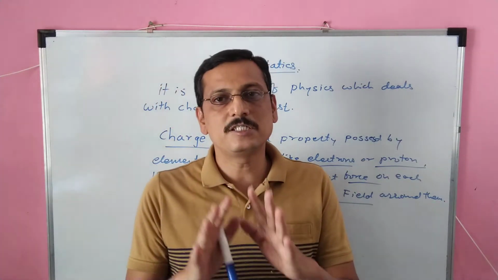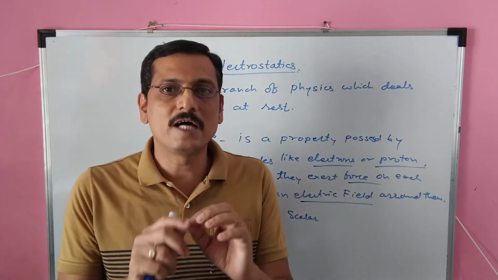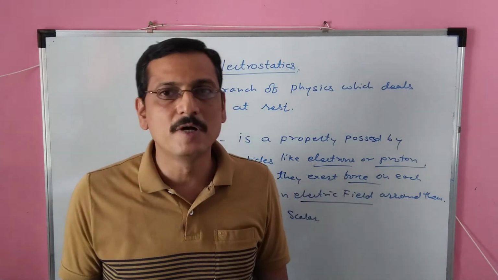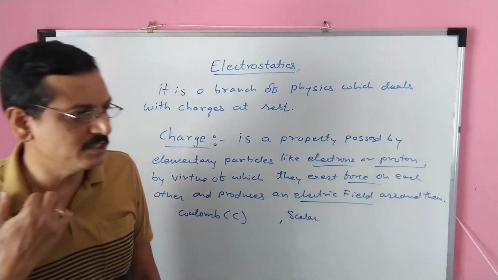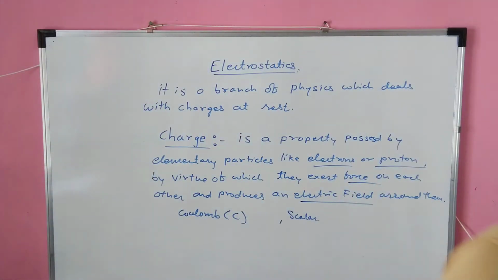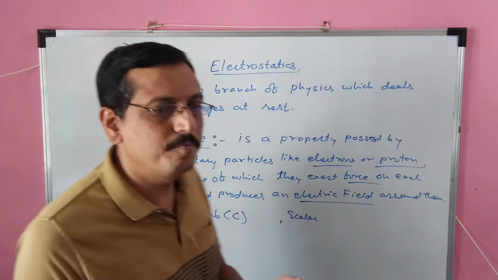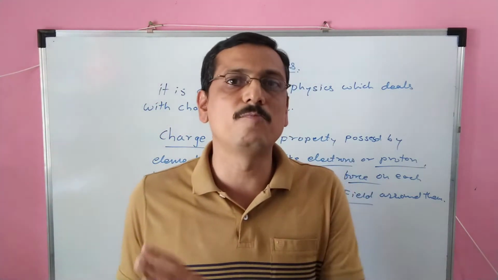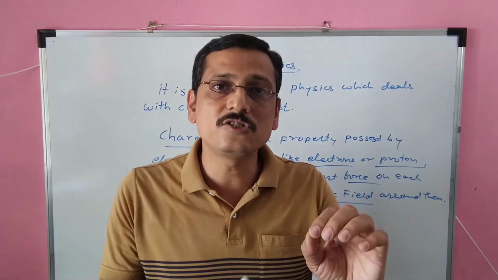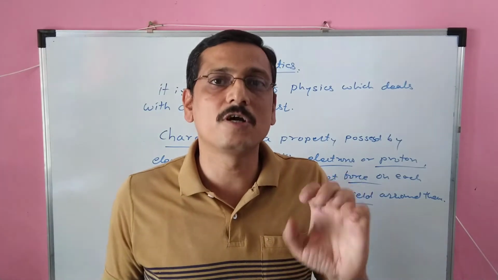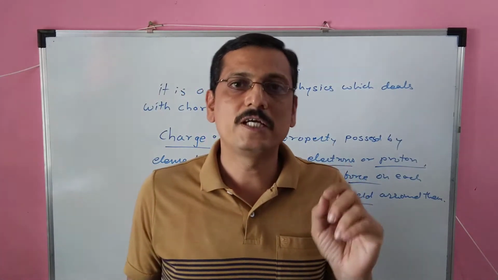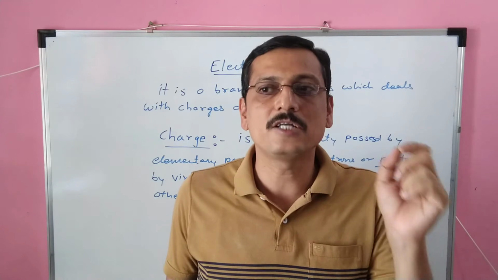If any question in CBSE asks on this, they will ask what is the use of the electroscope, or to draw the diagram of the electroscope. Many students have a wrong idea about the electroscope. So what is the use of the electroscope? The main use of the electroscope is to detect a charged body, whether it is charged or not. You cannot detect whether it is positively charged or negatively charged. We can detect only whether it is charged or not.